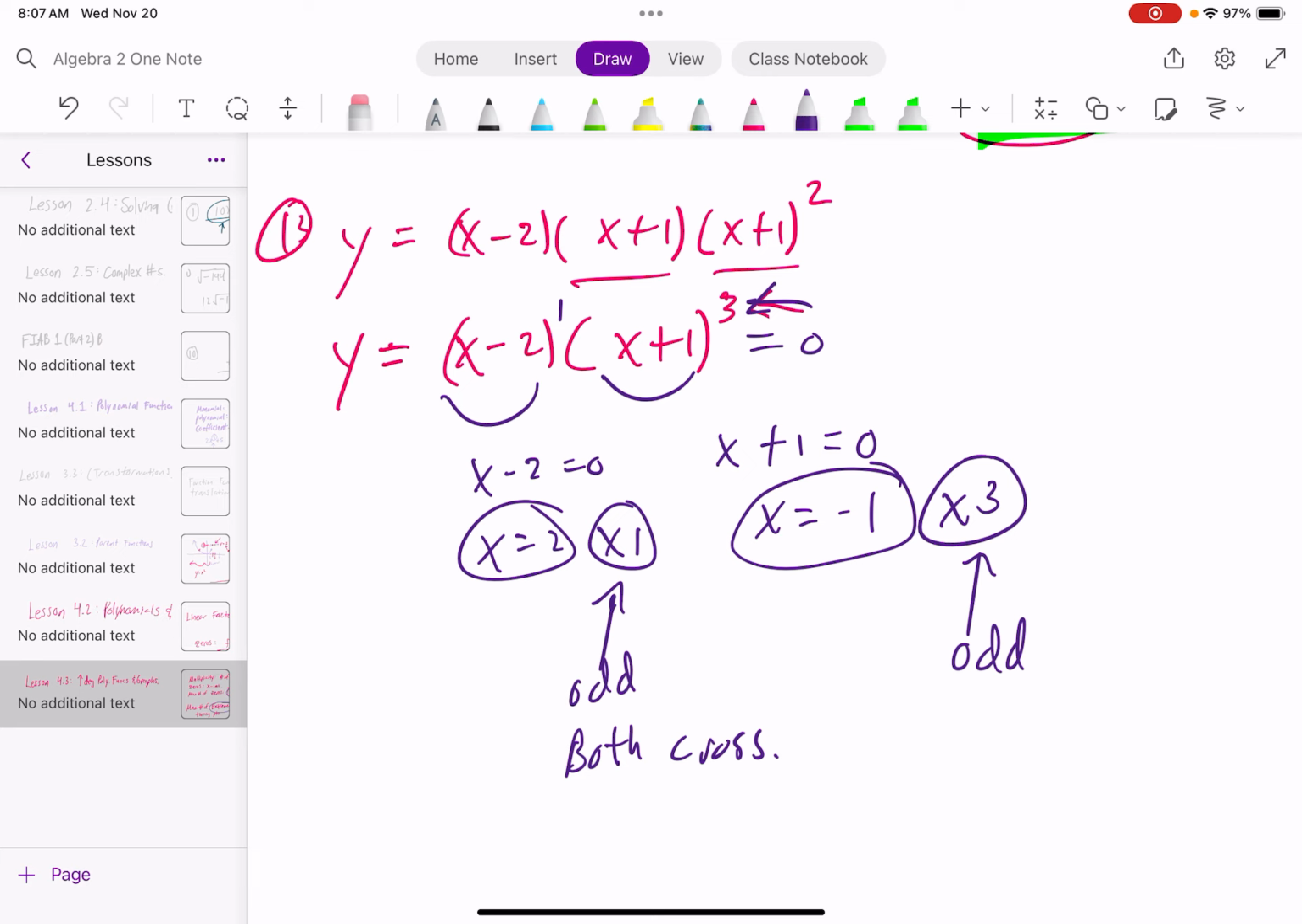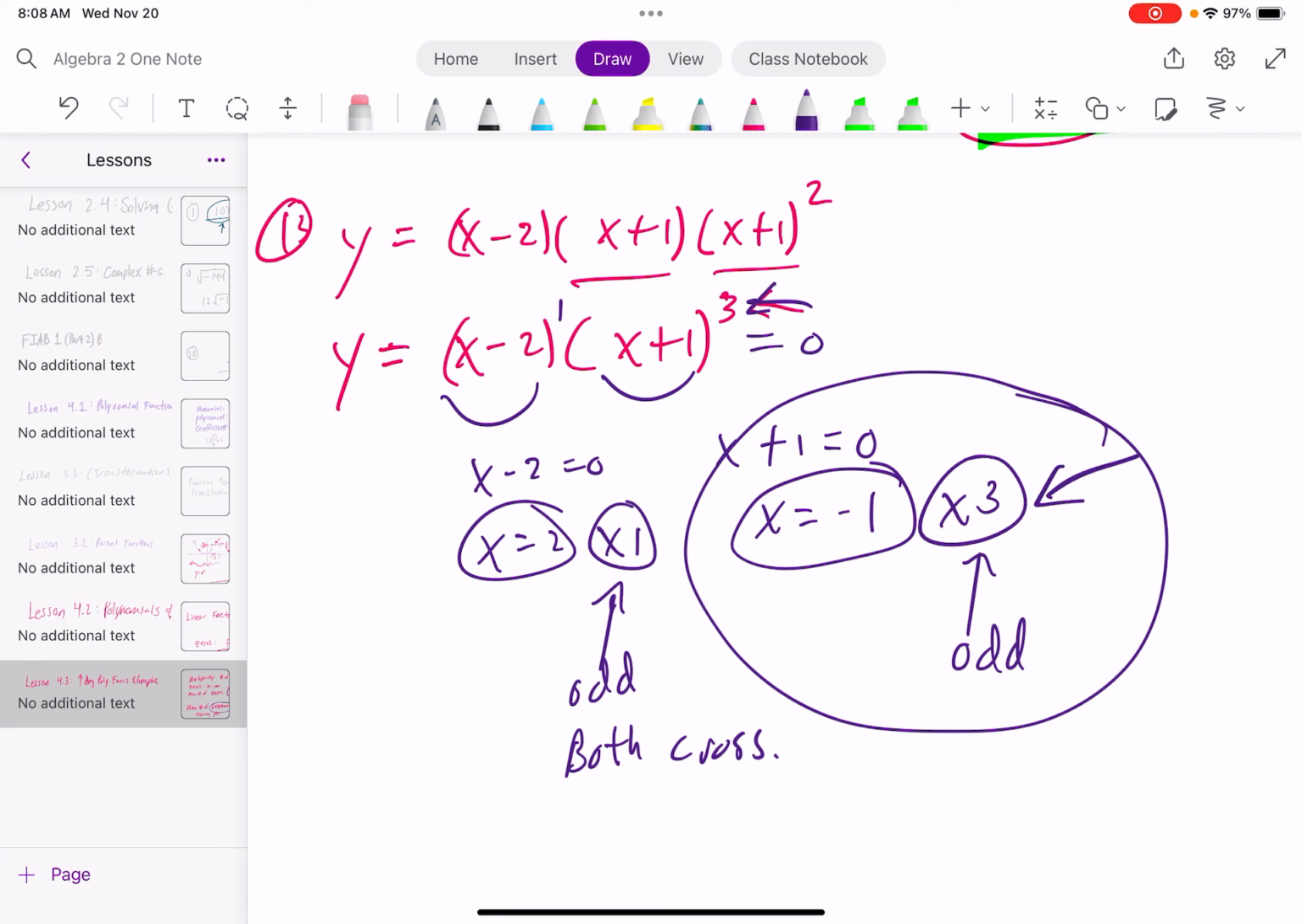So it's asking for this one because it says find any multiple zeros and state their multiplicity. These are multiple zeros. There's 3 of them, right? And the multiplicity is 3. So that's your answer. You will plug in negative 1 and then has a multiplicity of